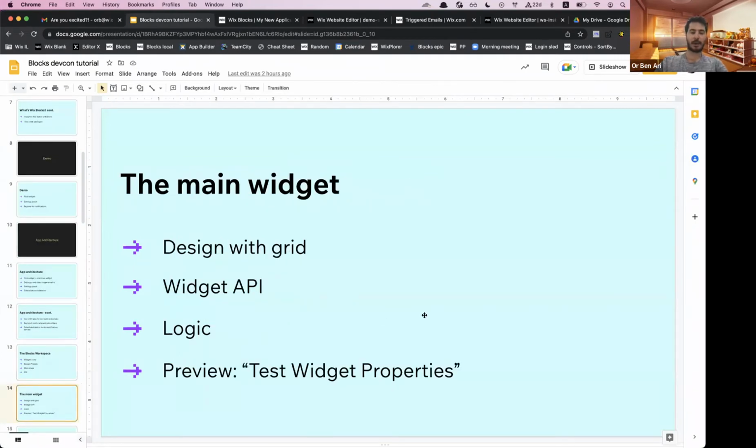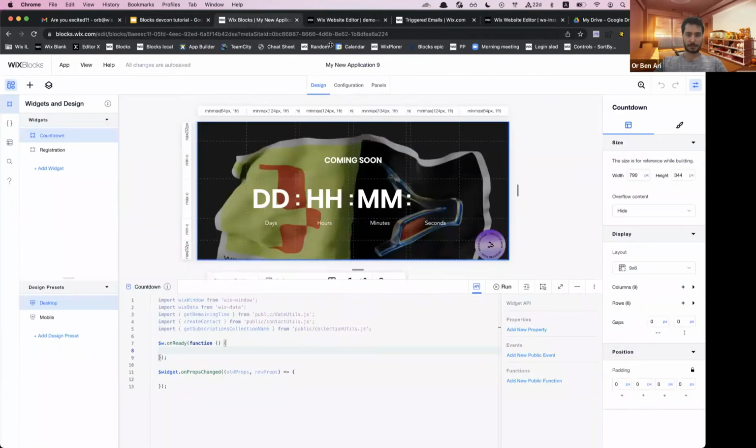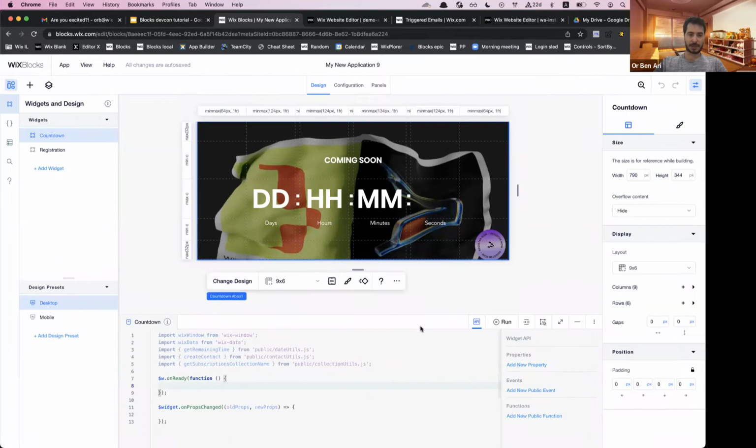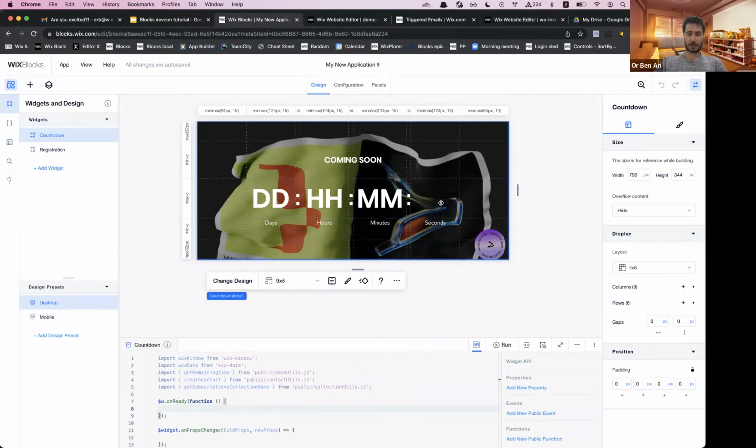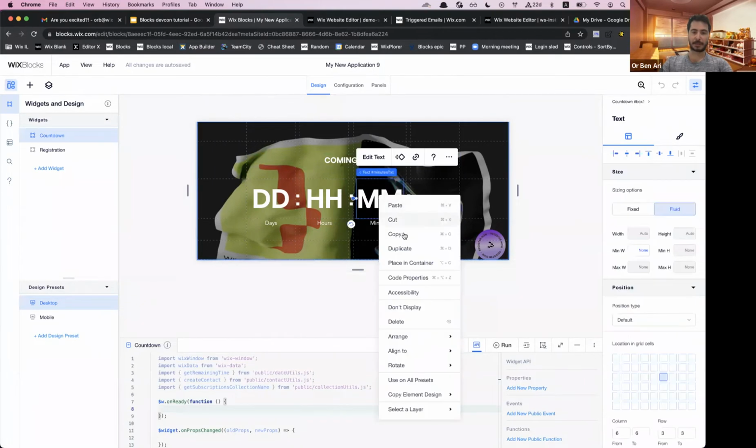Let's implement our main widget. We will finish its design, set its API, develop its logic, and then preview it. As we can see, our widget is already pre-designed, but it's missing the second text. Let's add it. I'll just duplicate this element